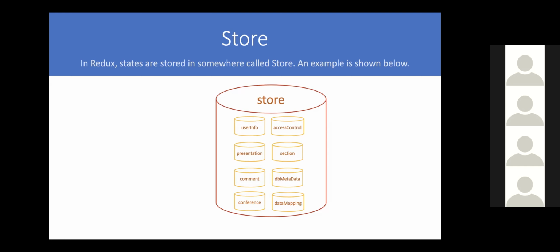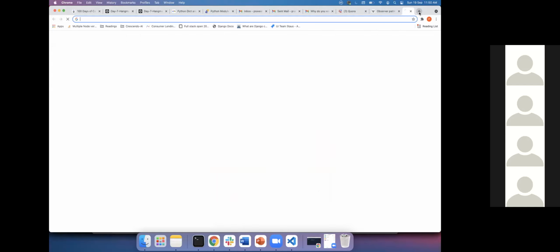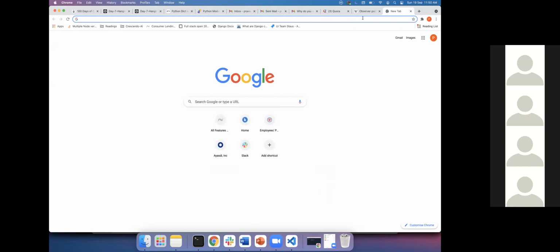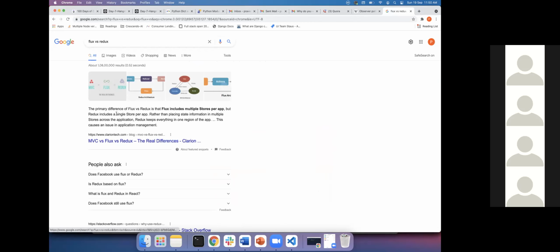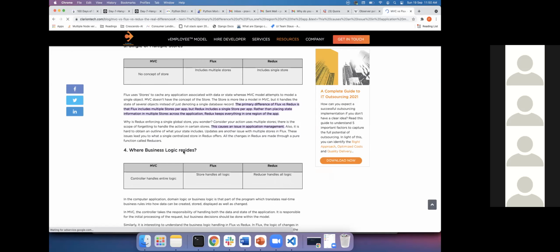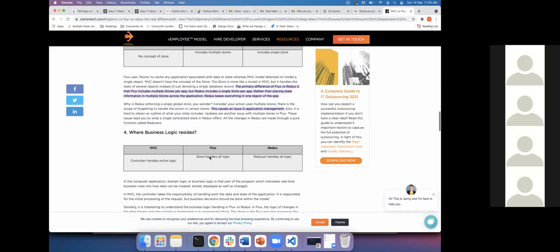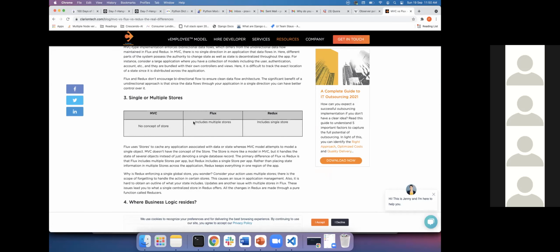You should use a single store, but there is an architecture called Flux that Facebook uses. I'll tell you about the Flux pattern, Flux versus React Redux. There is a topic which I haven't read, but they mention that you can use multiple stores in Flux. So Flux includes single and multiple stores.